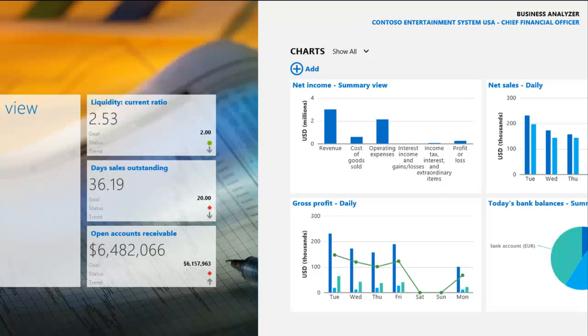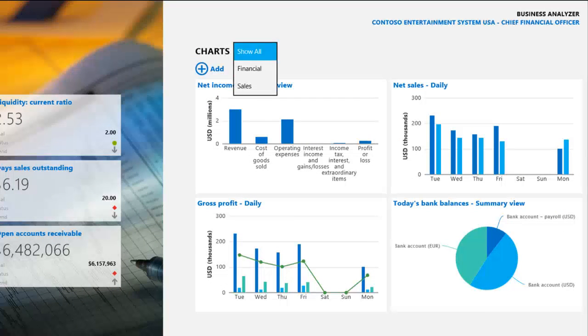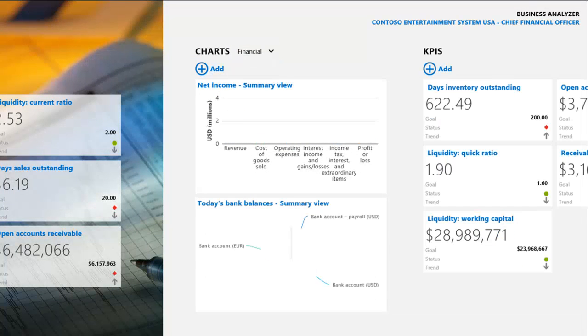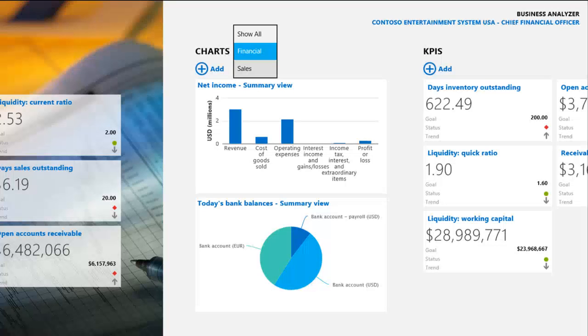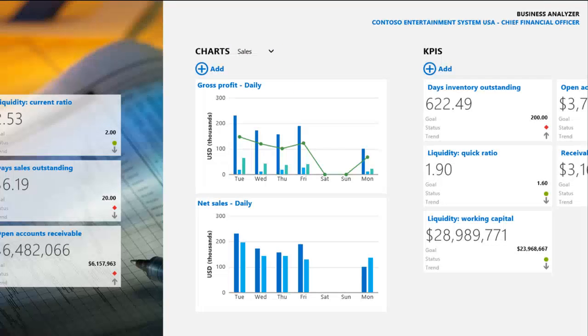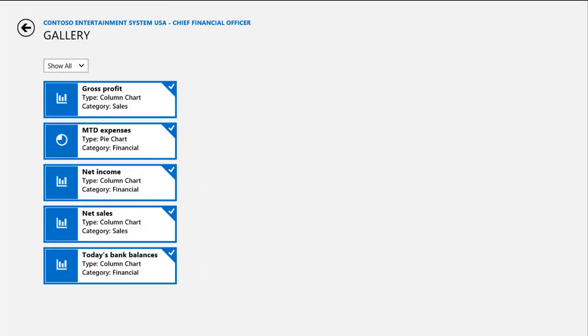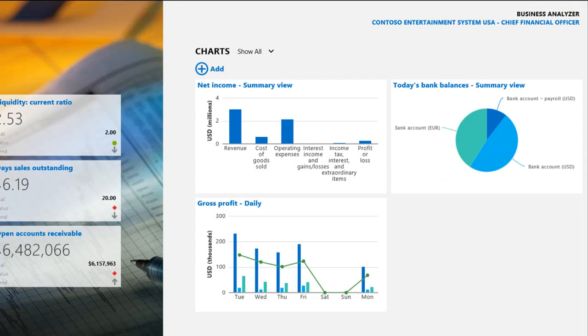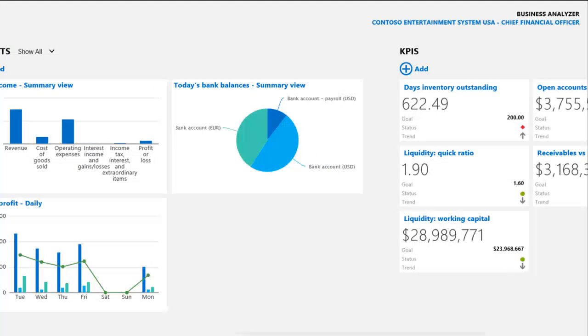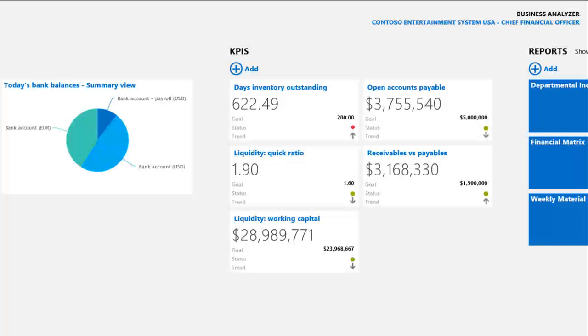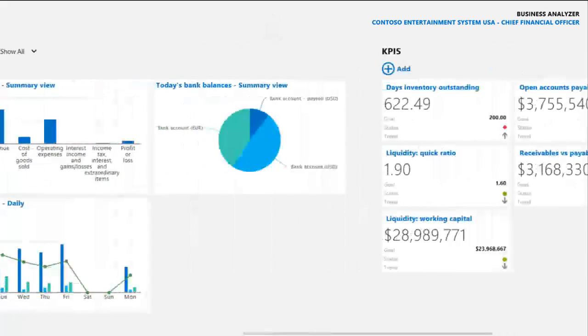If I want to just show financial information, for instance, there are these filters, so I can switch my view to I just want to see financials, or I just want to see sales. If I want to add specific charts, I can do that as well. So I can customize which charts are shown or not shown. So in this case, they're all shown, but if I wanted to remove one, perhaps net sales, that will be refreshed and the chart's removed. So you have that same capability with KPIs as well. So you can add and remove KPIs that are relevant for my purposes.